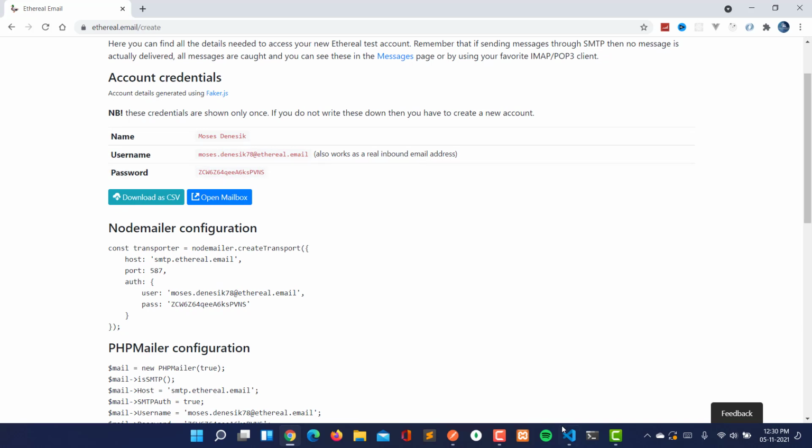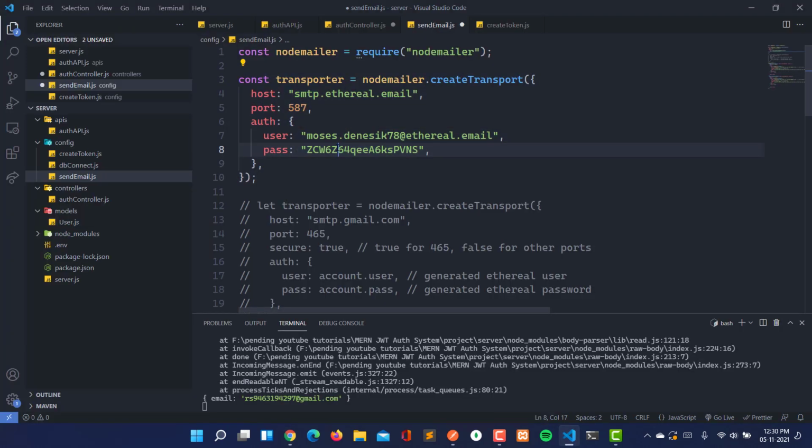So I have changed that here. Ethereal is a fake SMTP server, so it doesn't actually send the email to the user, but we can see how the email will look, and we can see the actual URL of the email also.